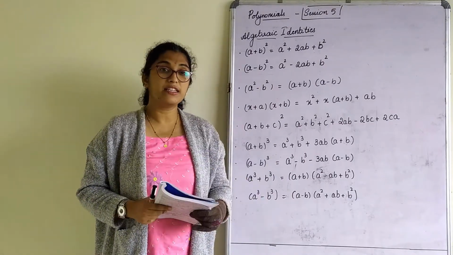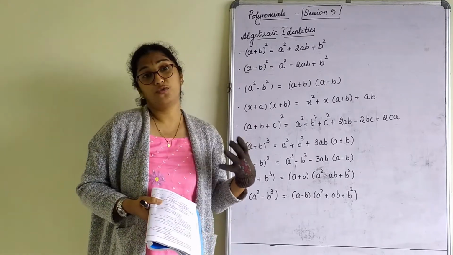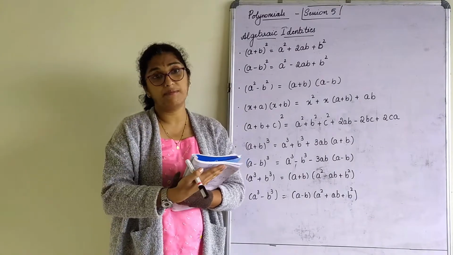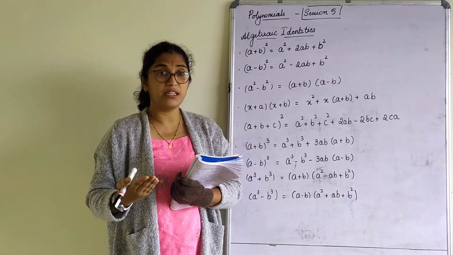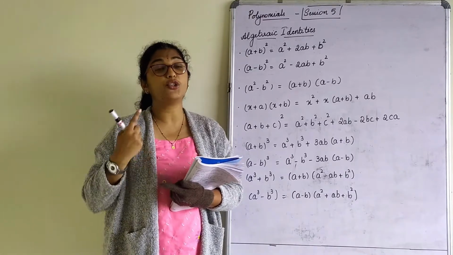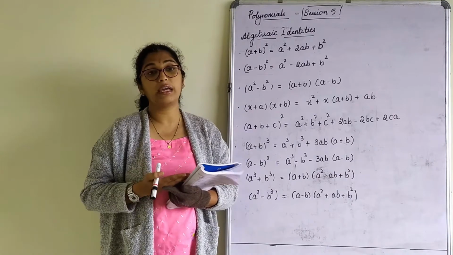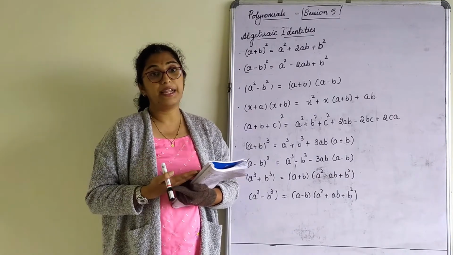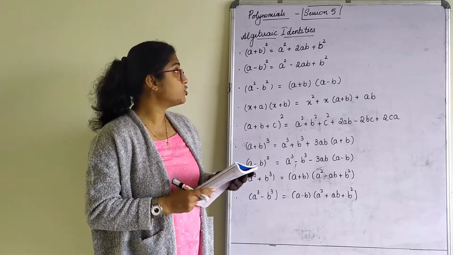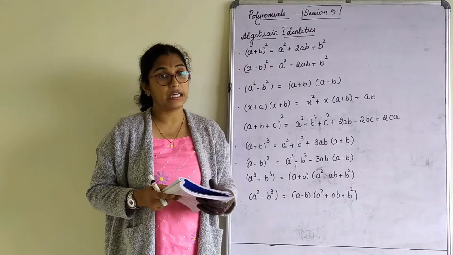In the previous session 4, I had marked some homework. From today onwards, the answers are given behind. You can check with the answers and put a tick mark. In case you get a wrong answer, retry the sum once again. And if you are not able to do it, you can call me and update me on that. We can resolve that in the next session. So please check all your homework and put a tick mark against it.